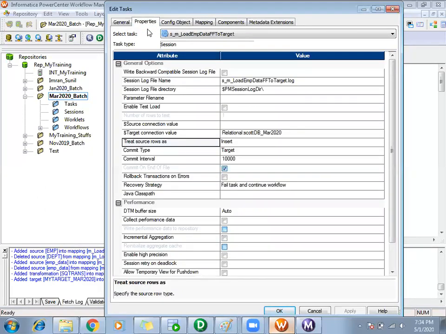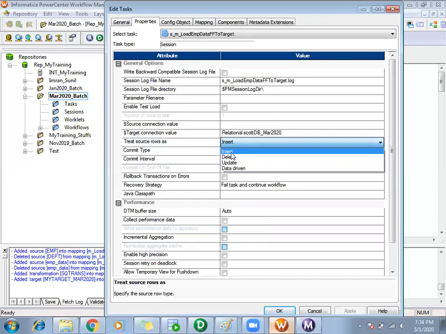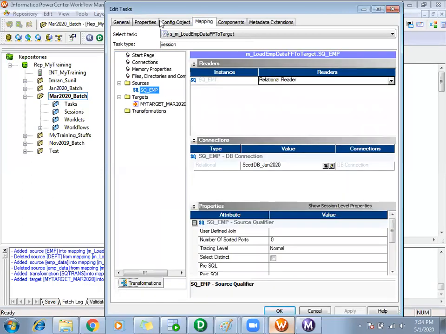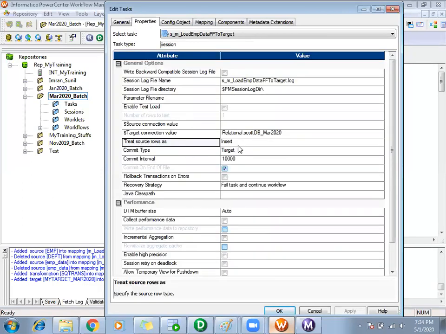When I select in my properties section treat source rows as insert, whatever rows are coming from my source will be flagged for insert. That means they will be set to be inserted.